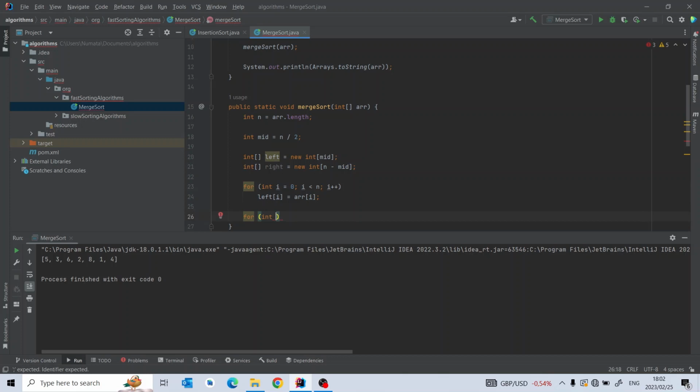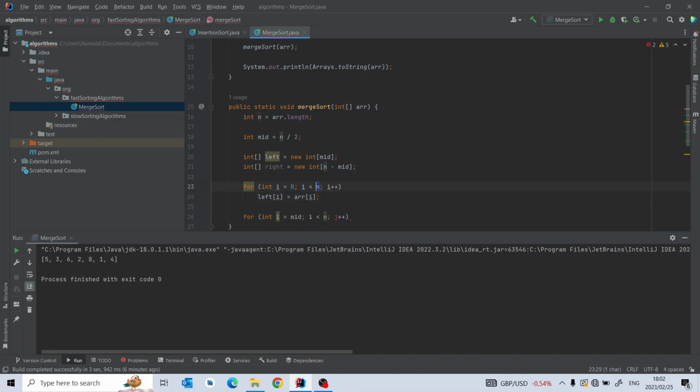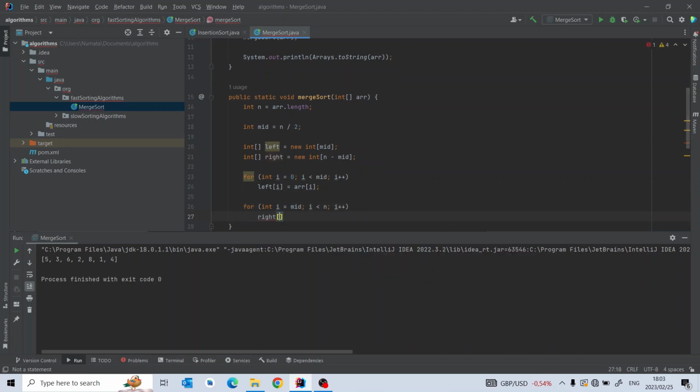And then for the next one, we're going to start at the middle, so we can say i equals mid, while that is less than n. This array, we don't want to loop till the end of the array. We only want to loop till the middle, because we only want to add the values from the first up until the middle of the array. And then here we start at the middle of the array till the end. And then we can say right, the index of j, is going to be equal to